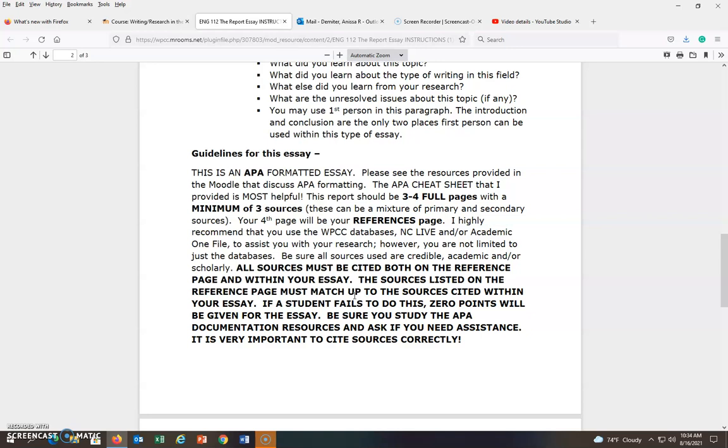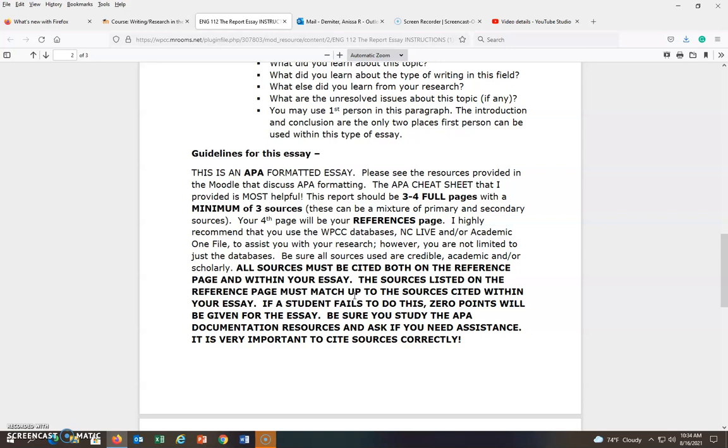Okay? So sources must be cited on the reference page and within your essay. So the 3 sources, I should be able to look at your paper and look at your reference page, see your 3 sources cited correctly in APA format. Use your APA cheat sheet. And then I should be able to go within your paper and find those 3 sources cited within there. And when I say cited, I mean there has to be a citation that tells what source is used with that particular quote. A lot of students think, well, I did cite it, whenever they just included a quote from it. That's not citing it. That's using a quote from it.